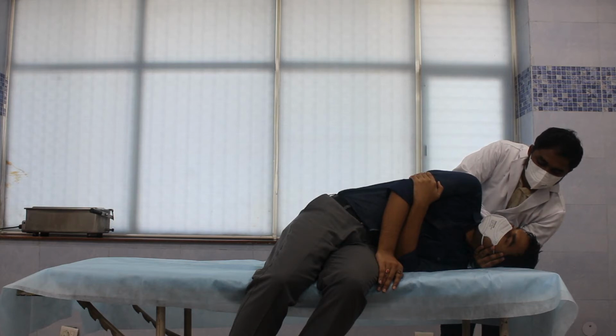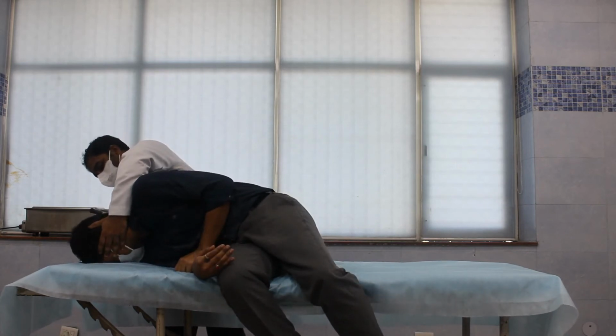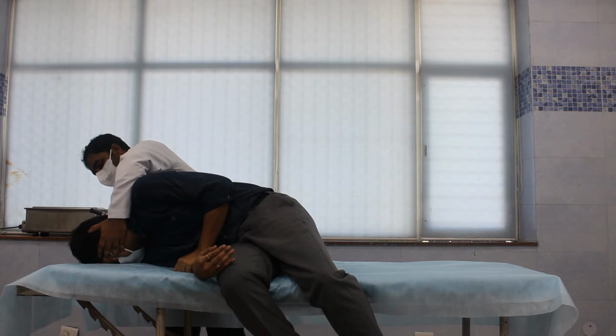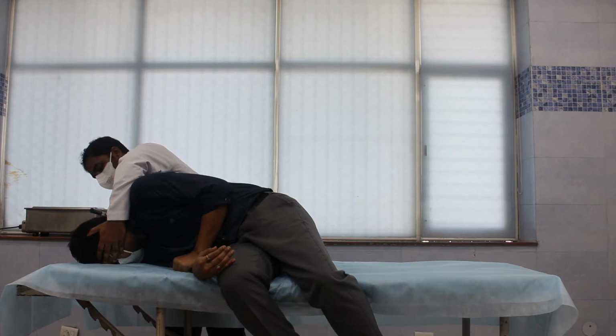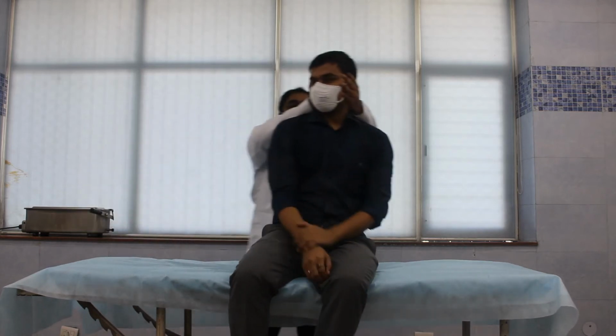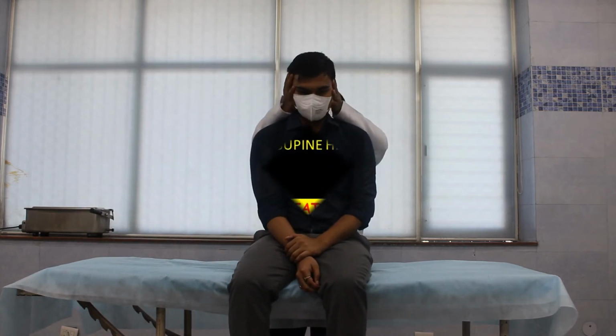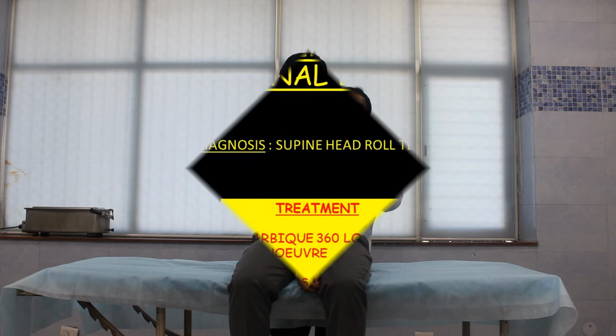Get the patient briskly to the opposite side such that the head is facing towards the floor and the chin is touching the floor of the bed. Wait in this position for 30 seconds. This maneuver will cause the canalith from the cupula to be liberated into the utricle, thereby relieving the patient of his symptoms.